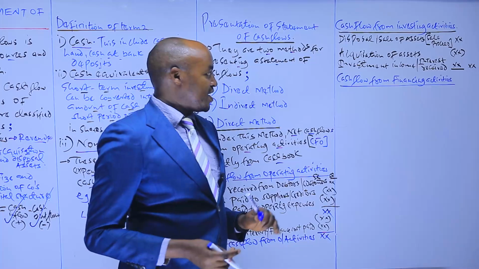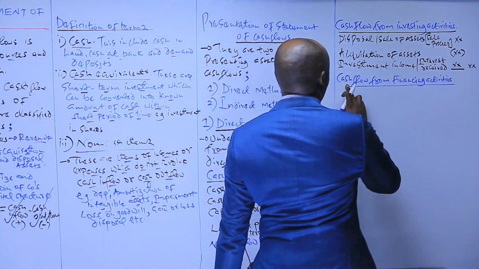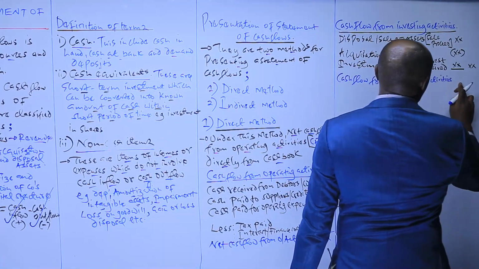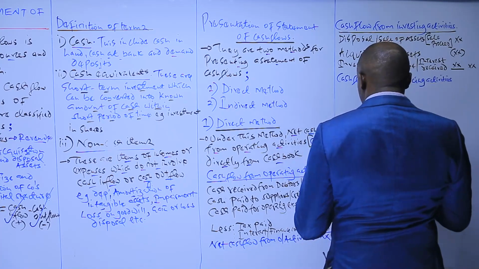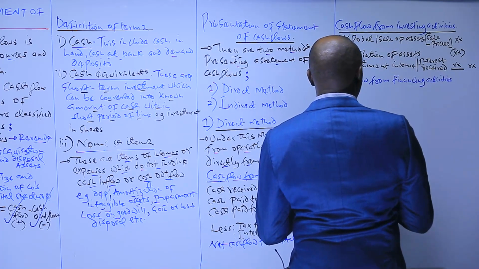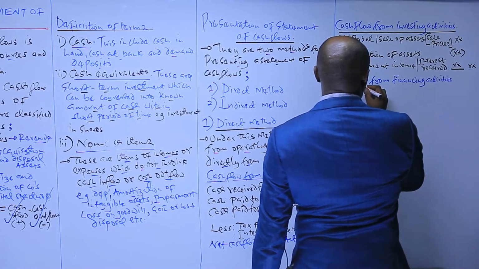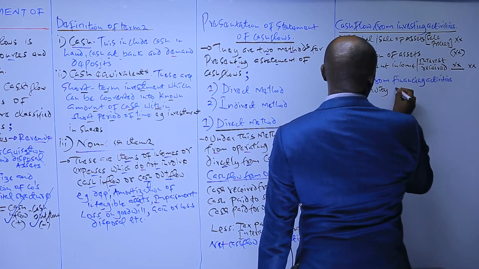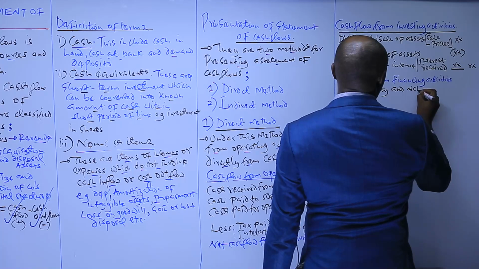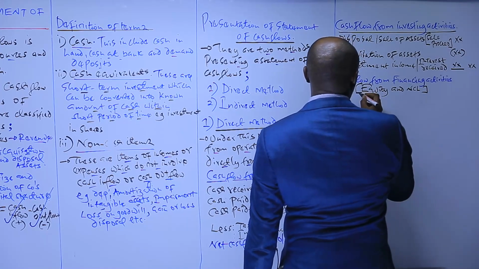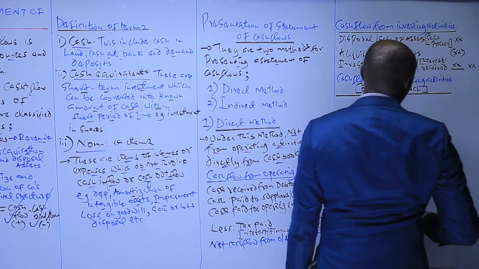In fact, all the items which we take into account here in determining the net cash flow from financing activities, all of them we get from the equity and non-current liabilities section of the statement of financial